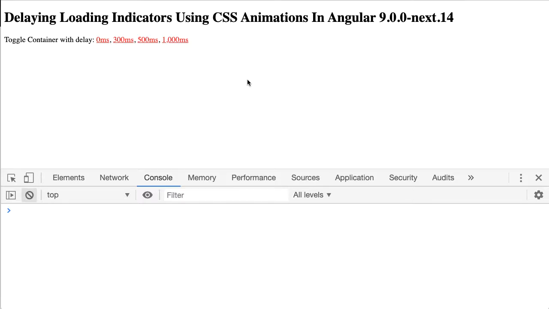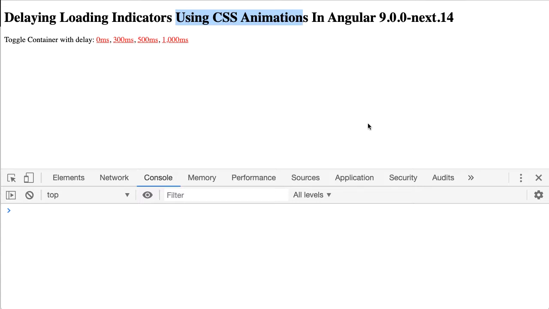So I don't really know much about React, and I don't know anything about React Suspense. But based on some conversations that I've heard about Suspense, it seems that there's this idea that delaying the rendering of loading indicators can, in the context of low latency, actually decrease the amount of perceived latency on behalf of the user. So I wanted to see if I could implement that kind of idea in Angular using simple CSS